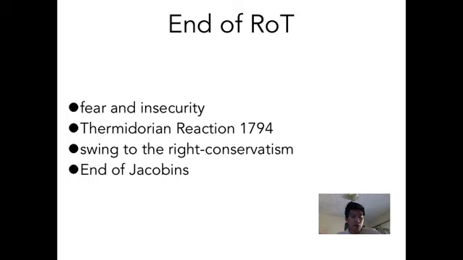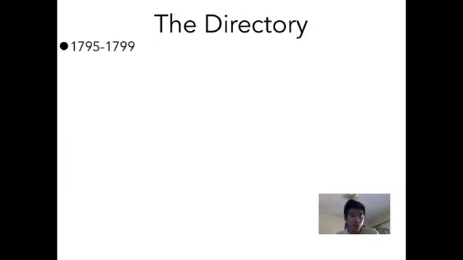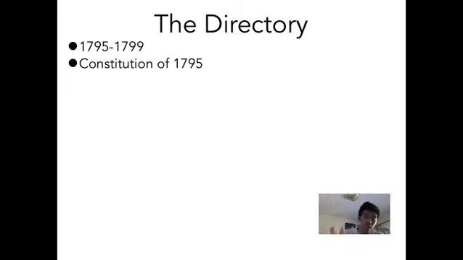And who's going to come to power is basically the Girondins are going to be readmitted to the National Convention, and the bourgeoisie, who once were a part of the National Assembly in 1789, are going to be introduced into the new government. Okay, so the new government is called the Directory. It's going to rule for only 4 years because it's not very strong. It's going to be overthrown by Napoleon, and so the new constitution was written in 1795, and they instituted it,